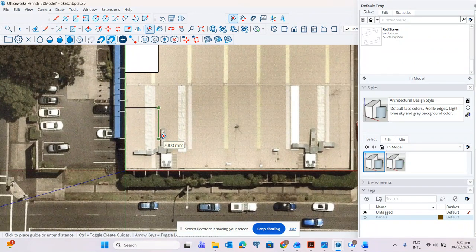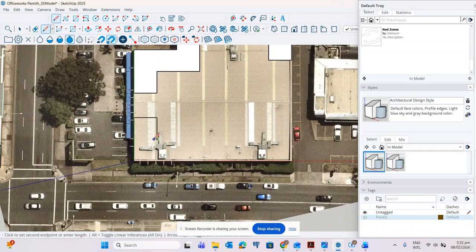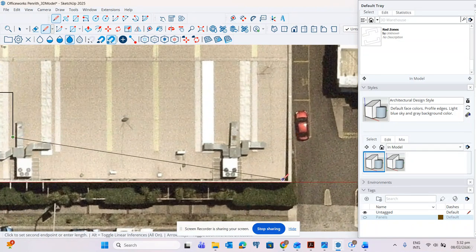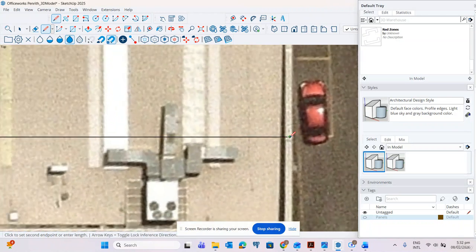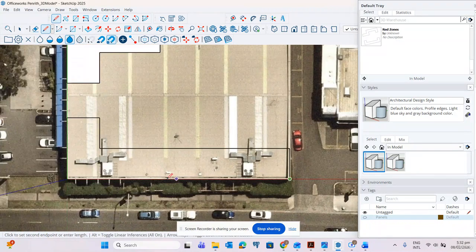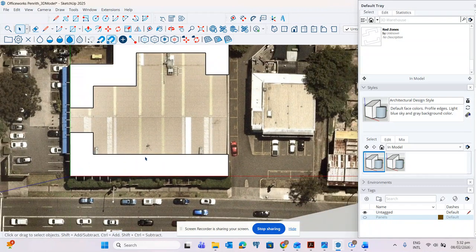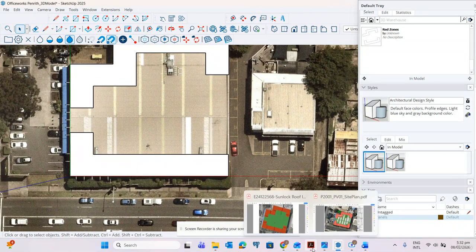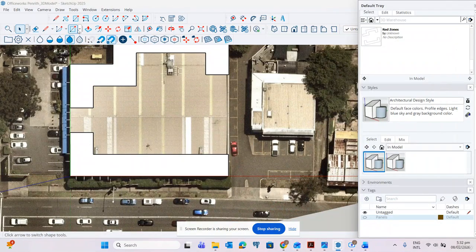Always double check. 7. Line. Up to this. And then another 7.